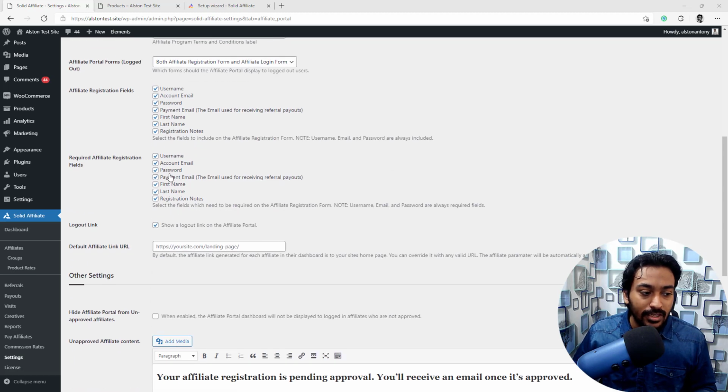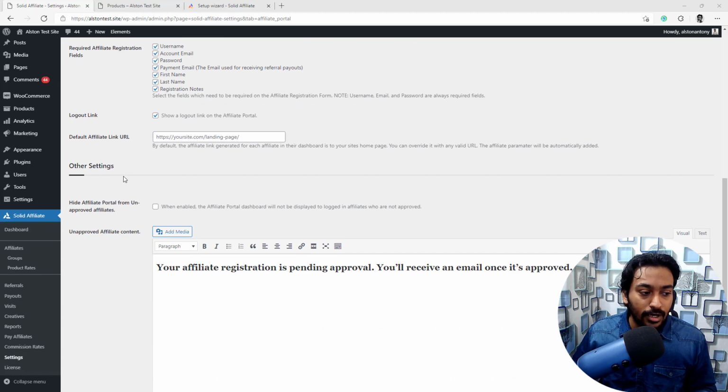Apart from that, you can set up the default landing page URL. For example, rather than setting it as the home page, you may want affiliates to have a default option to promote a different kind of page which is specially designed for people who are giving affiliate links to different users. You can set up a default page, but most probably it is going to be the home page if you want.